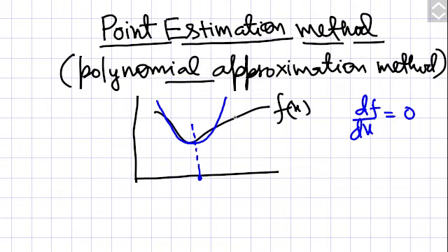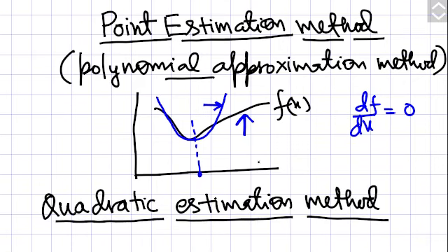So this is the function that is given to you, and it will be approximated to this known function. Let's see how to do it. One of the methods in this group of point estimation methods is the quadratic estimation method. This is the simplest method of point estimation, in which the approximation polynomial will be a quadratic equation. You can take cubic or x to the power 4 even, but the simplest polynomial for approximation here is a quadratic approximation.